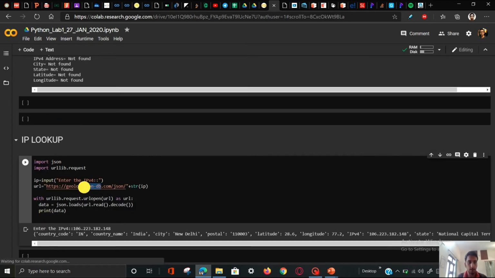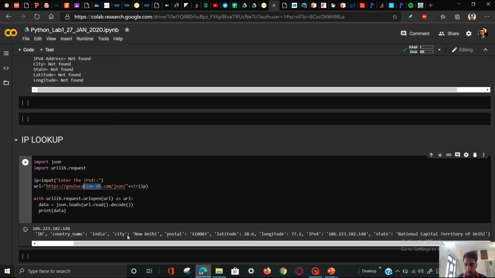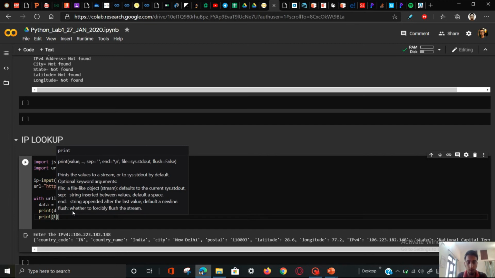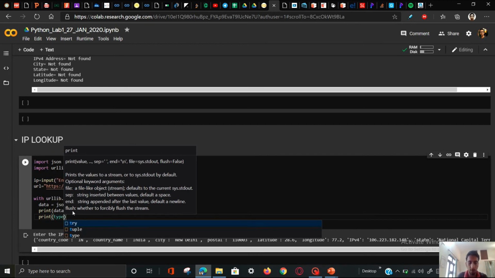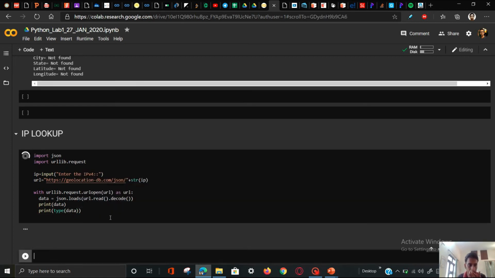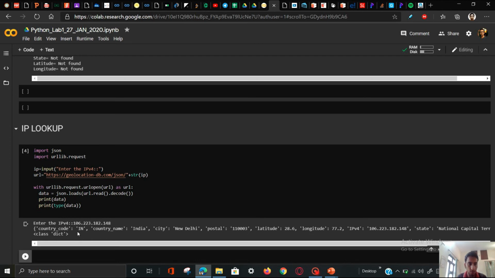As you will see, the dictionary, the JSON object appears here. It contains all the required information. Let's see what the type of data is.